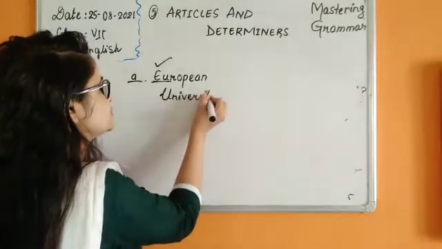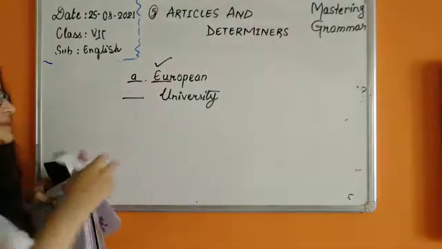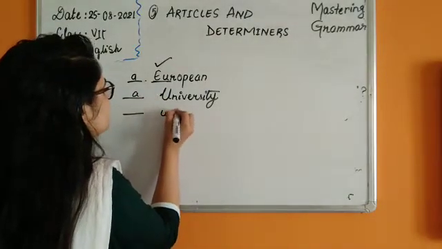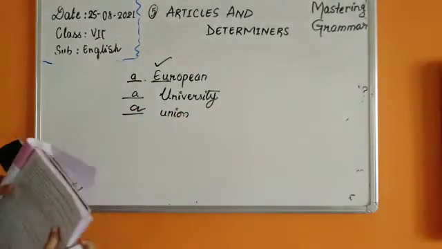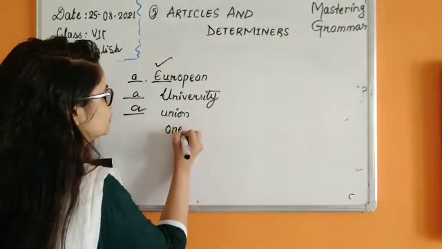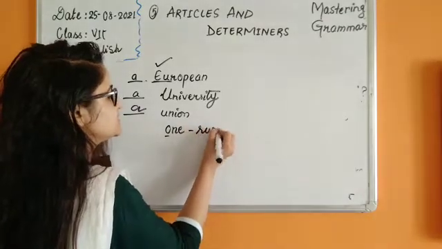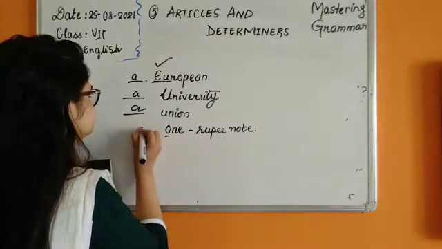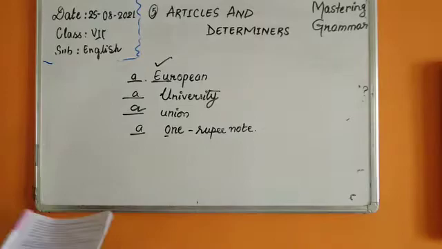Yes, you know that U is a vowel, but here also, in "you", the Y sound is coming. So here, our university, again union or our union, yes. A 1 rupee note, one, the "wa" sound is there, although the letter is O, but the pronunciation is what? Wa. Yes, a 1 rupee note.